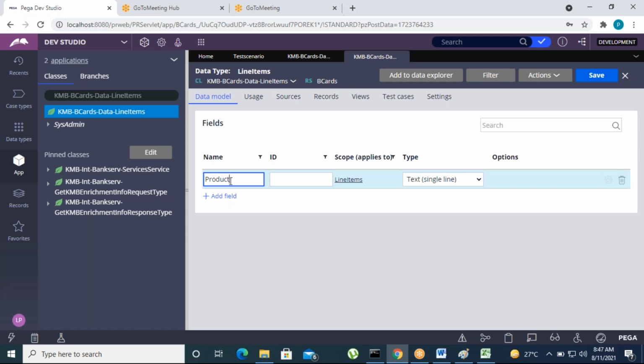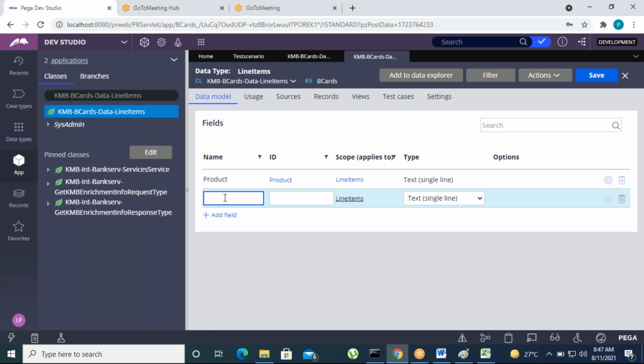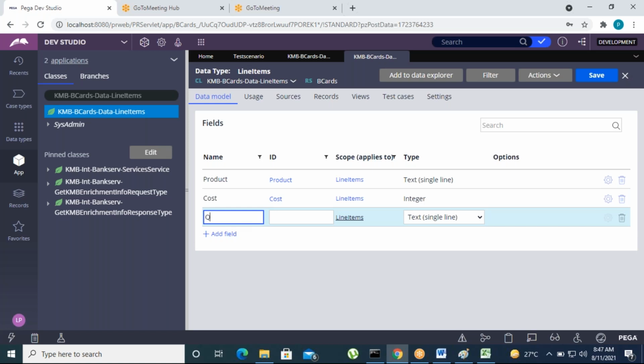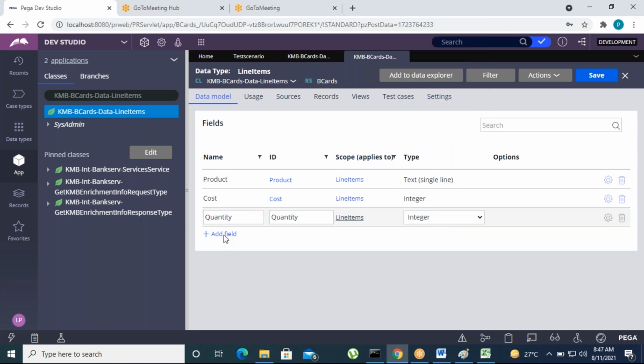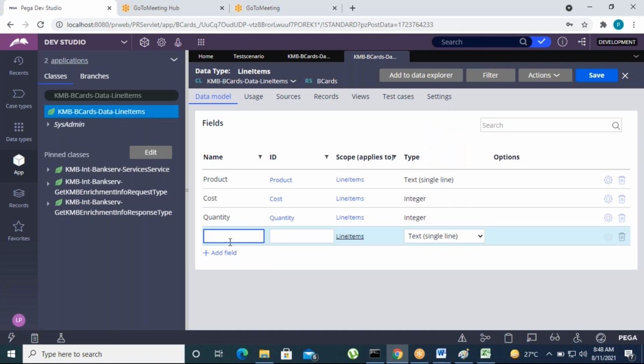Product is a text type. Cost is integer data type. Quantity is also integer data type. Then the next one is total. Total is also integer data type.